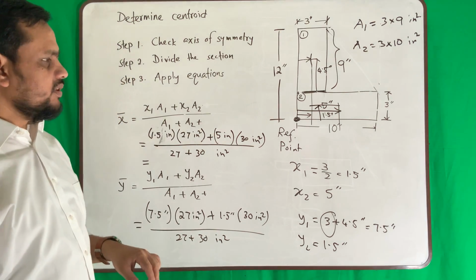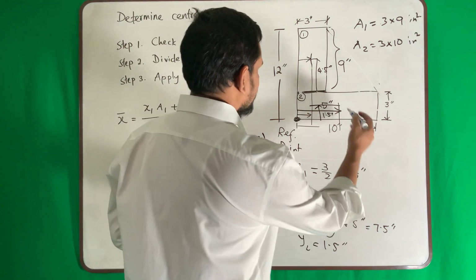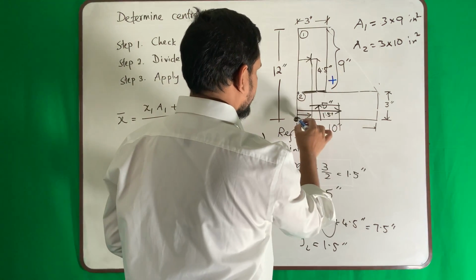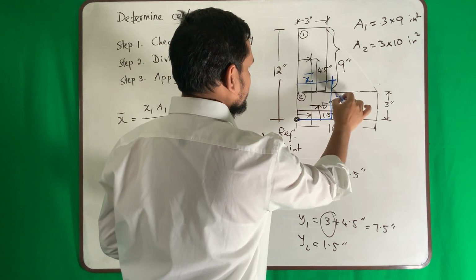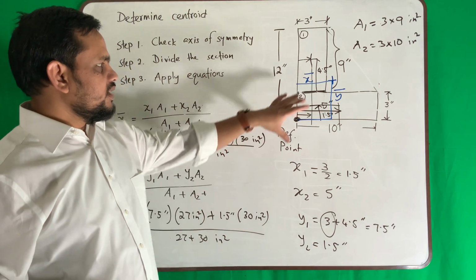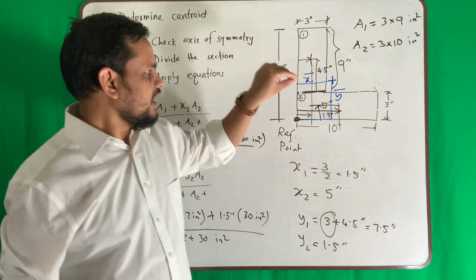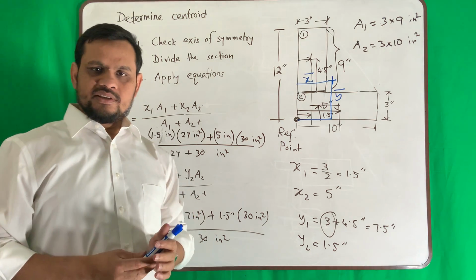Whatever is the answer, you will get the centroid. Roughly it will be somewhere maybe in here, somewhere here. This will be x bar, this will be y bar. That means I can concentrate all of the mass of this area at this point. So this is a very simple example to find